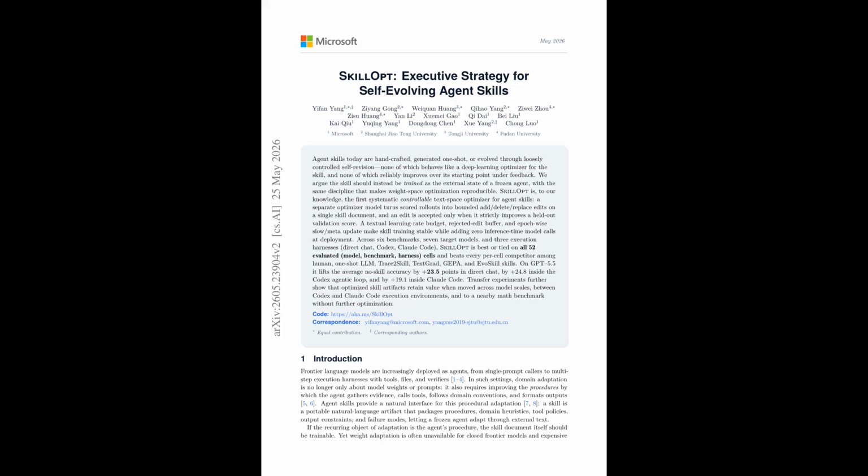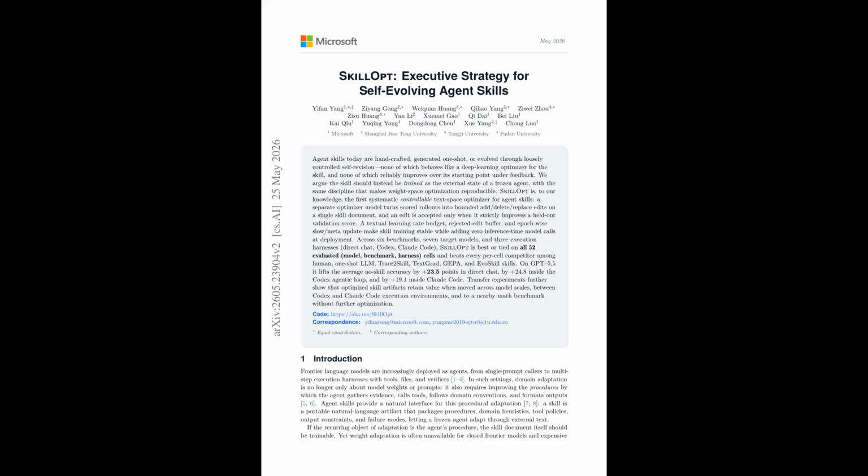A skill optimized for 1 model size transfers to smaller variants with positive gains, and a math skill trained on Olympiad bench transfers positively to Omni Math across 3 different model scales. The learned rules themselves, when you read them, are revealing. They encode procedural discipline that frontier models lack 0 shot, things like binding answers to specific visual regions in documents, materializing static values instead of relying on Excel formula recalculation, or maintaining a visited location ledger in embodied navigation to